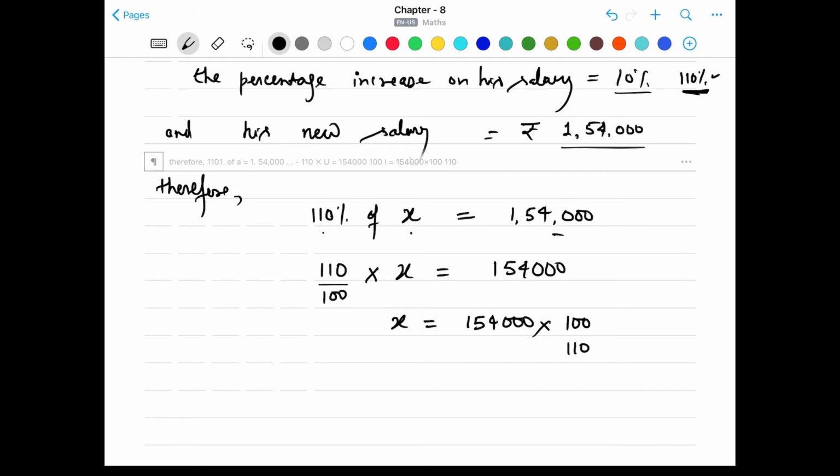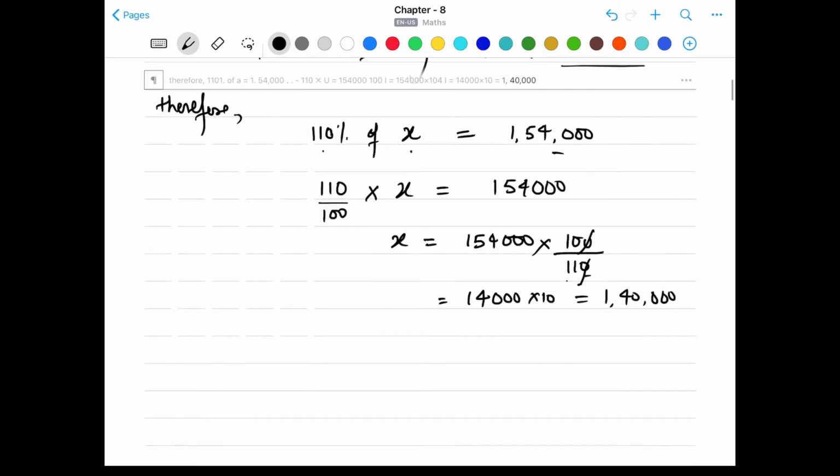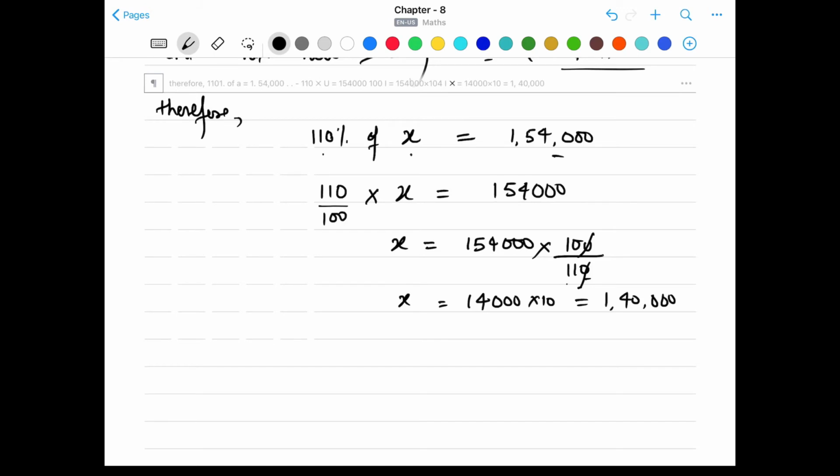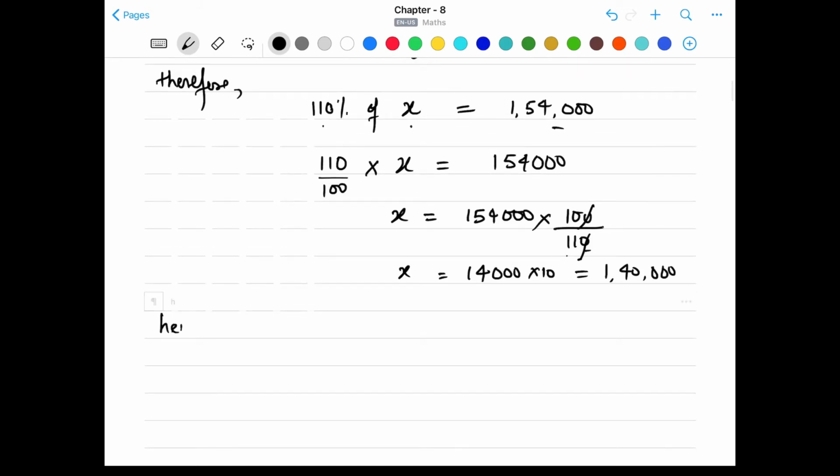Okay, so now let's solve this. First, a 0 from here will be cancelled out by the 0 from here. So what remains is 10 by 11. When you divide 1,54,000 by 11, you will get 14,000 into 10, that is 1,40,000. So when you solve this, you will get 1,40,000, which is the value of x. Hence his original salary was